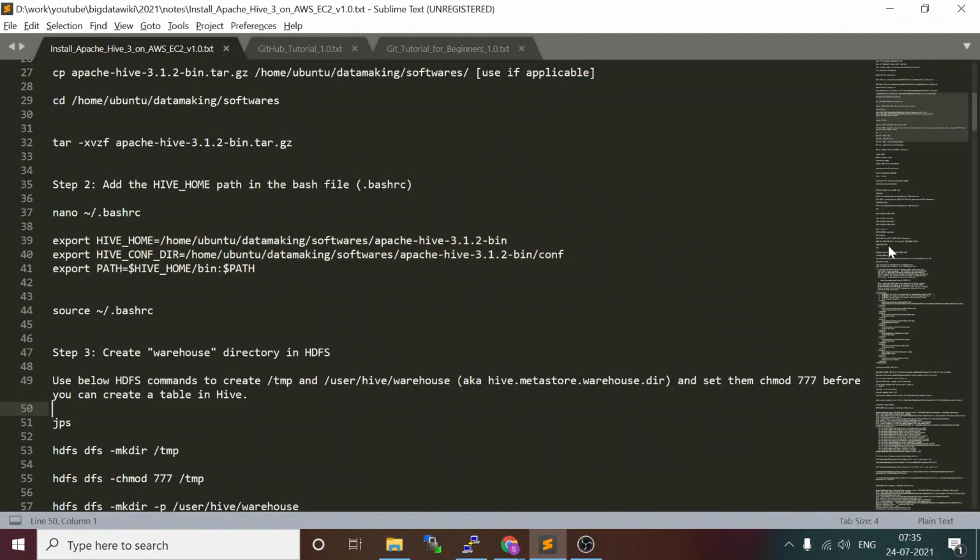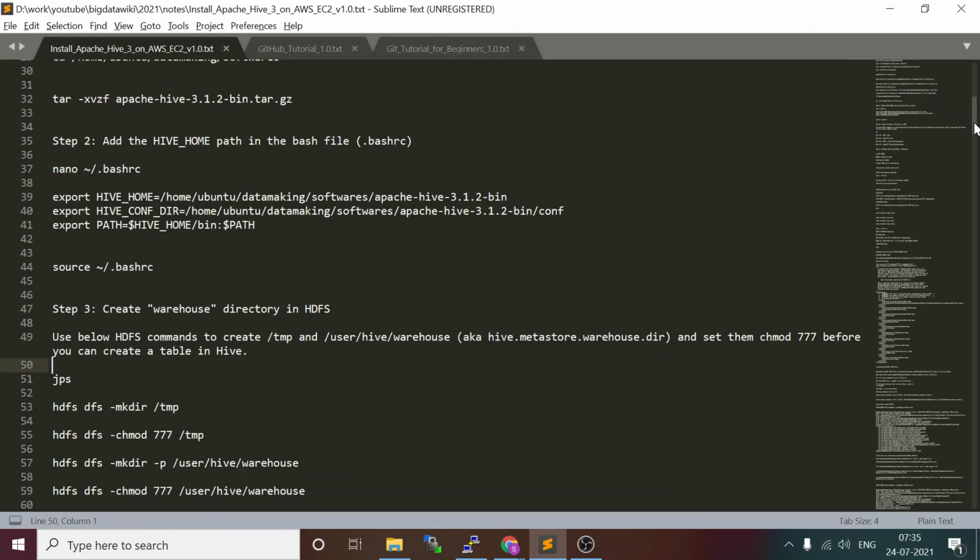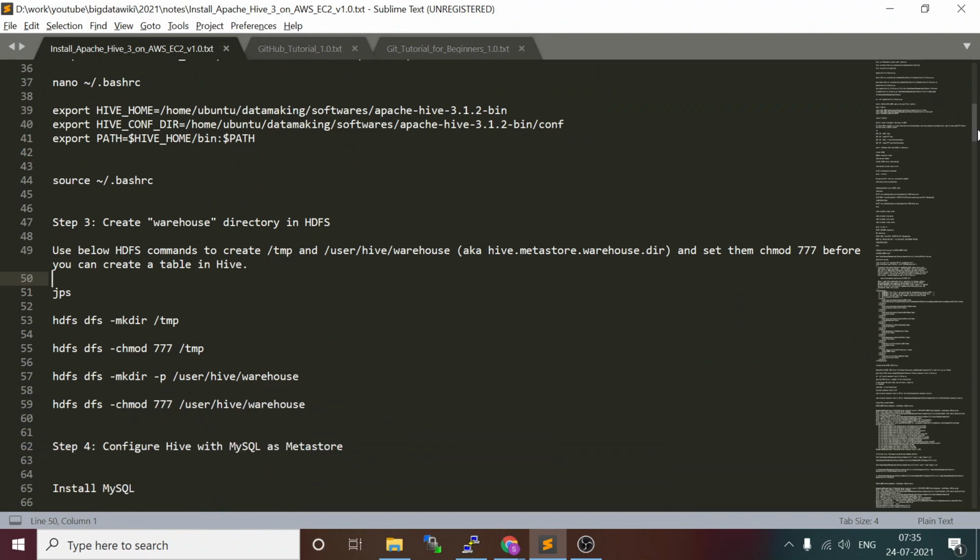We just extracted the Hive component. There is a set of configurations we need to do to make Hive work smoothly. One important thing is, as I said, Hive is a data warehousing component. It provides a SQL layer for your data, which is in the form of a file system.